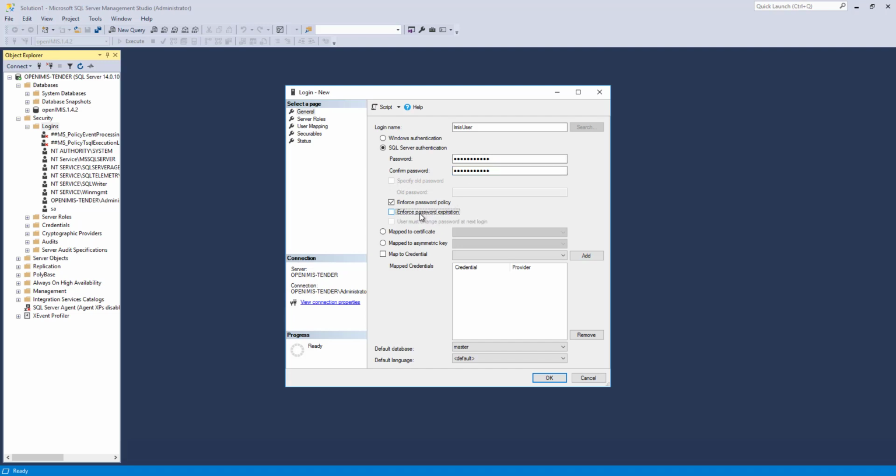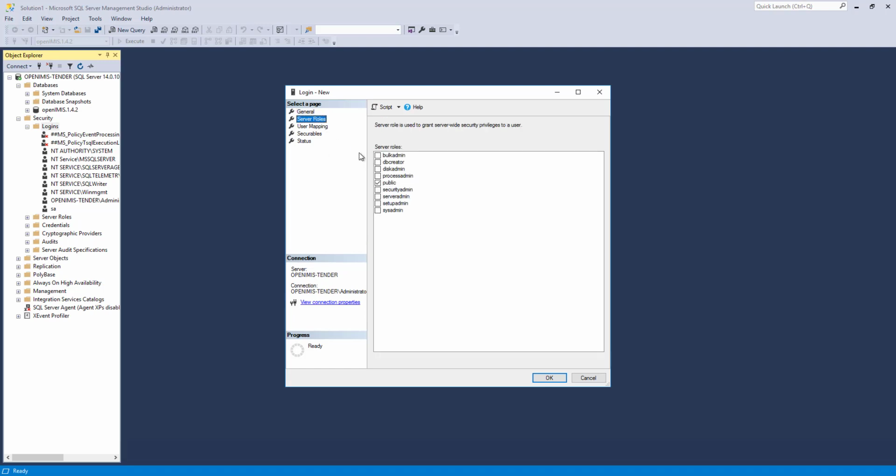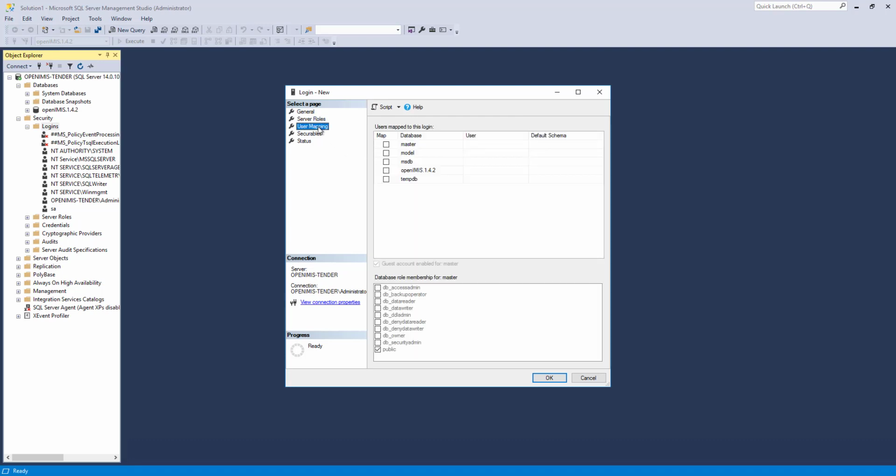Deselect the Enforce Password Expiration checkbox. In Server Role screen, make sure only public role is selected. In User Mapping screen, attach the user to OpenIMIS database and assign the owner role.